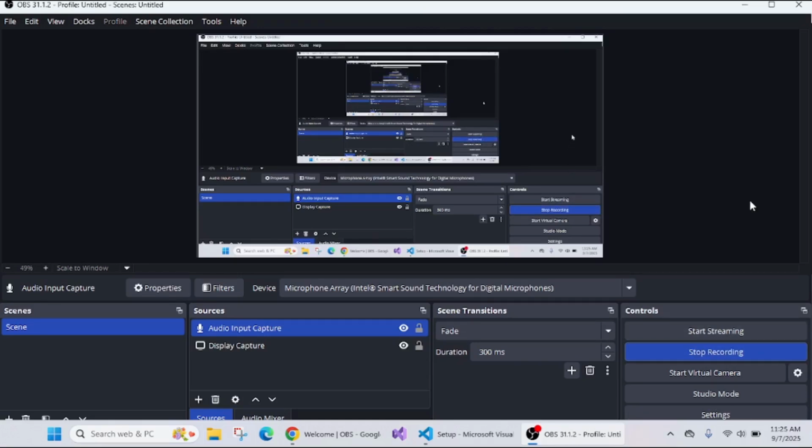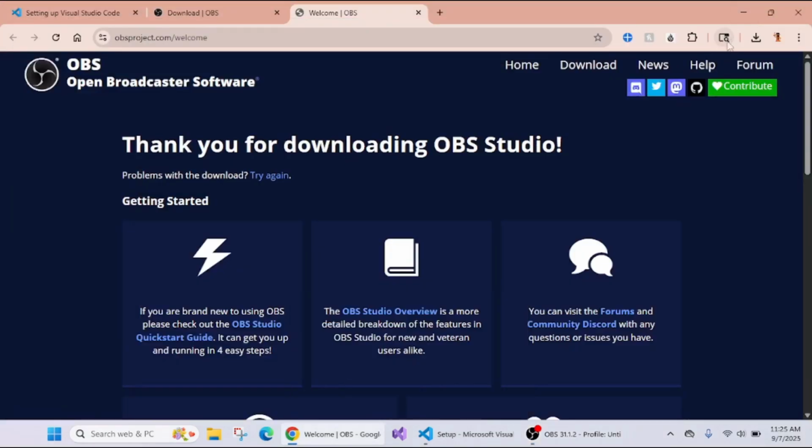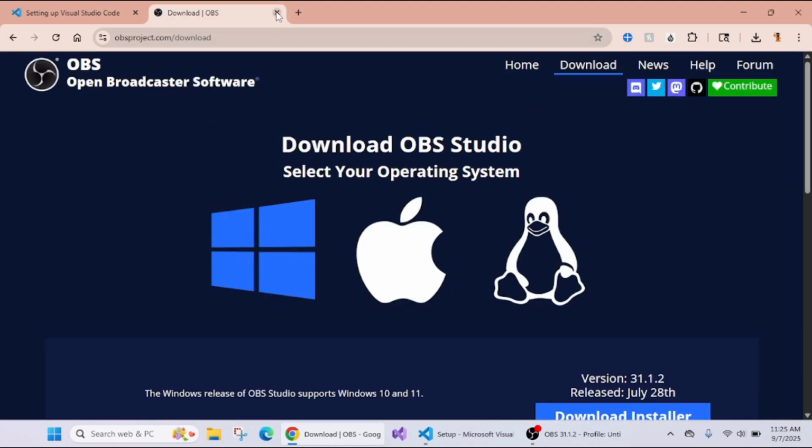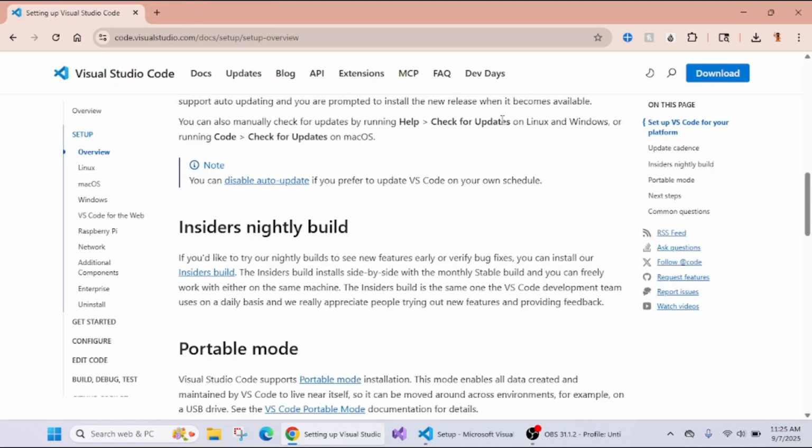All right, I'm going to go ahead and show you how to install Visual Studio Code on a Windows device. So I'm going to minimize this. And then the goal with this is such that we have use of the debugger. So let's see, I just downloaded OBS so I could actually record this tutorial. But anyway,